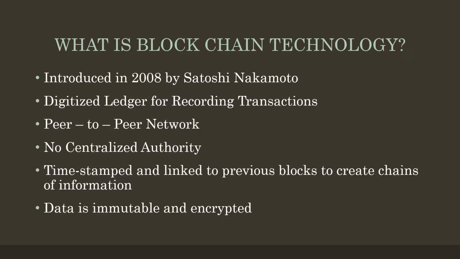Each record is recorded as a block, which is time-stamped and encrypted, and blocks are linked to create chains of information. The individual users or nodes verify the information in a block, and then the block is given an identifying code called a hash. Once hashed, the block is added to the chain. Once data has been written into a blockchain, it is immutable, meaning the data cannot be changed without consensus. Blockchains establish trust and identity, which are two main factors needed in commercial real estate transactions.